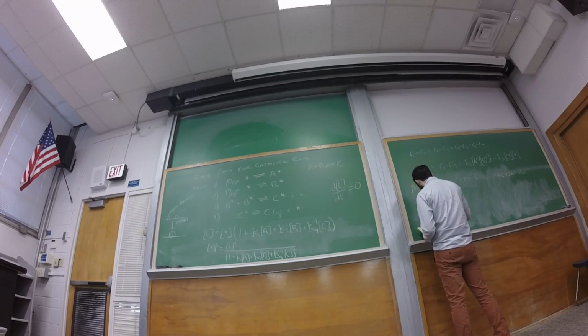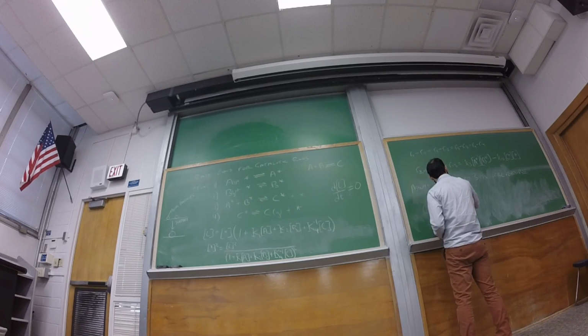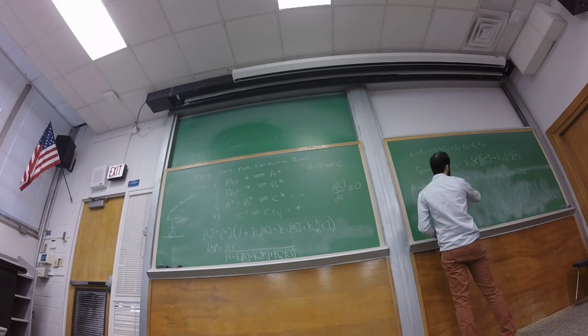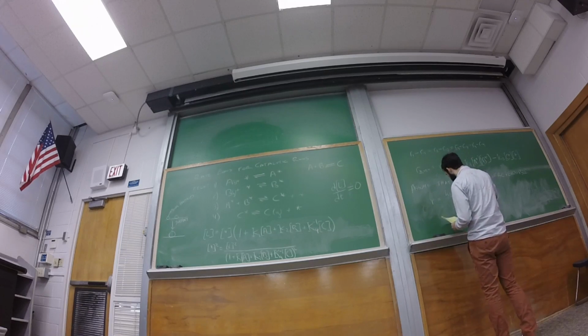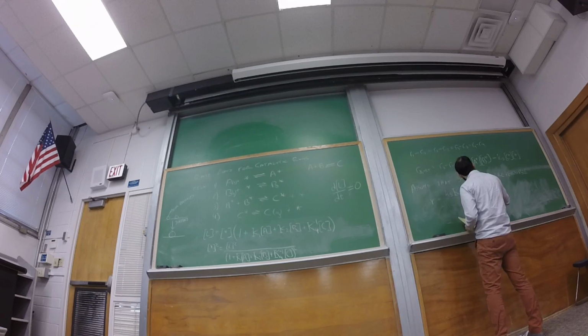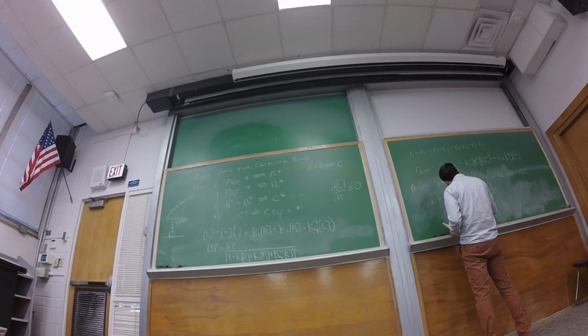So the rate that you end up with is K3 times the adsorption equilibrium constant for A and for B, so steps 1 and 2, times the concentration of A, the concentration of B, divided by 1 plus concentration of A,